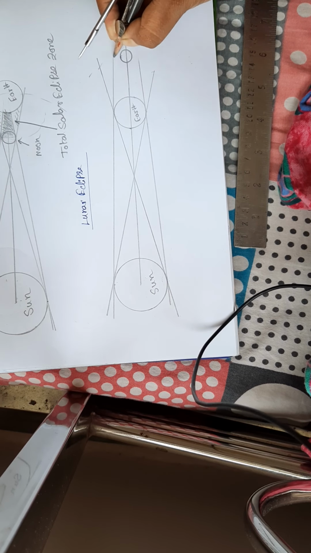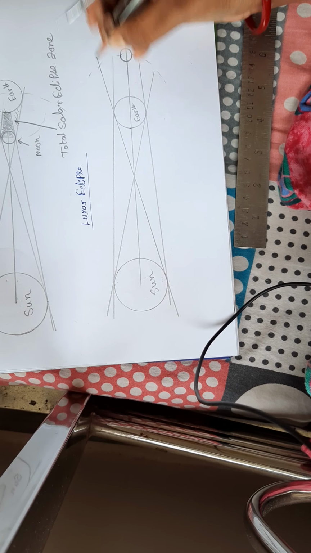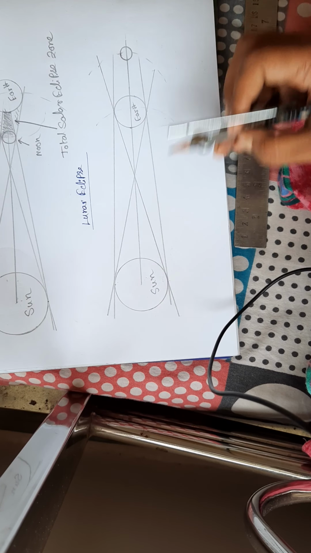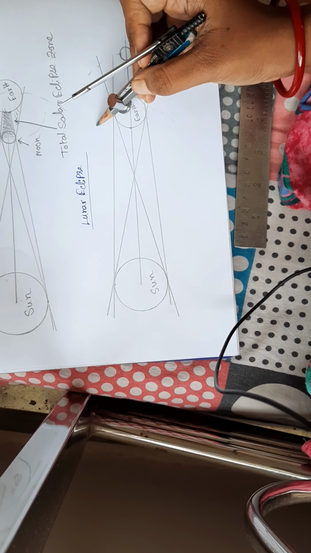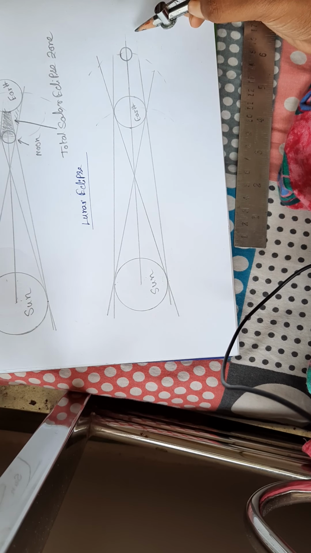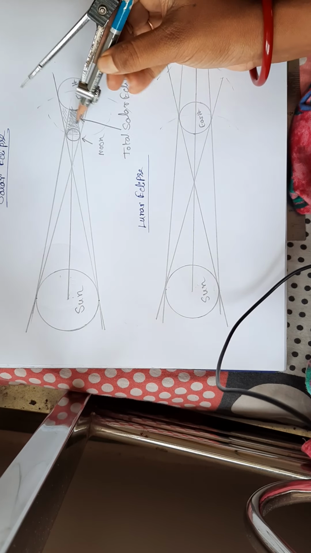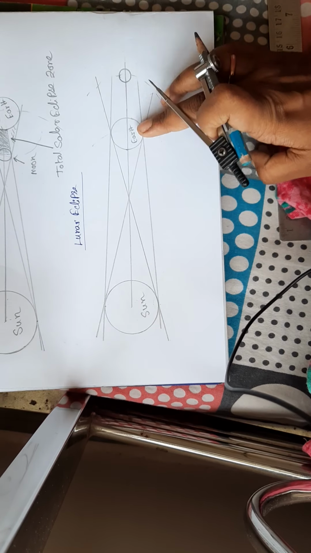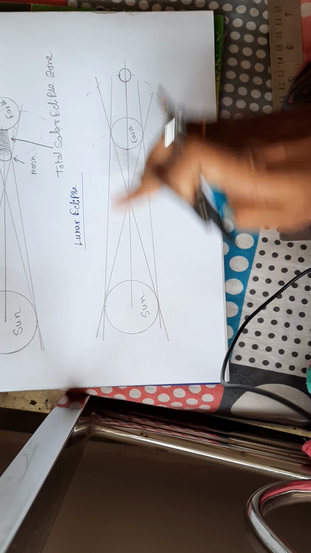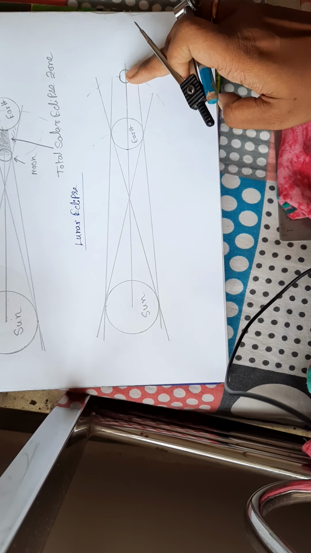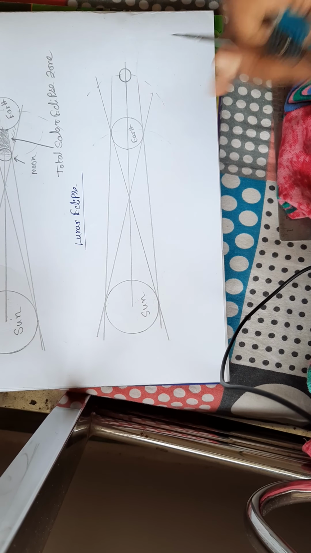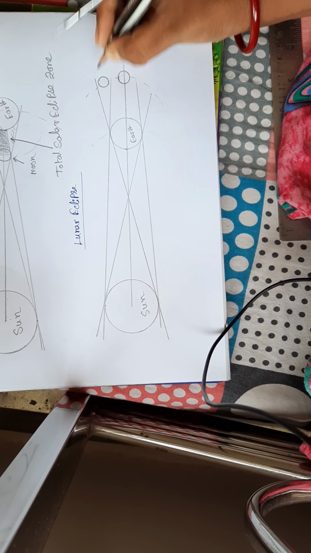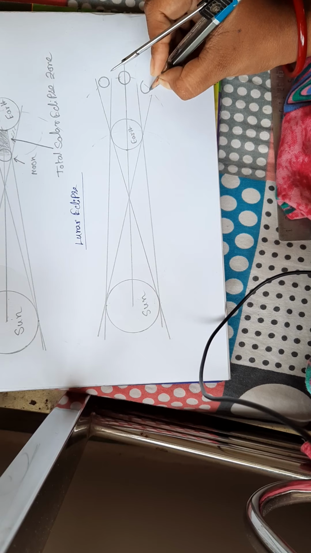And here you just draw the moon's orbit. And here also draw the earth's orbit. Make sure that the earth's orbit must be larger than the moon's orbit. Clear? In the solar eclipse, these orbits should be opposite to each other, but in the lunar eclipse, the orbits should be in the same direction, because the earth is revolving around the sun and the moon is revolving around the earth in this way. Clear? And draw another moon here with the same size to show the partial lunar eclipse.